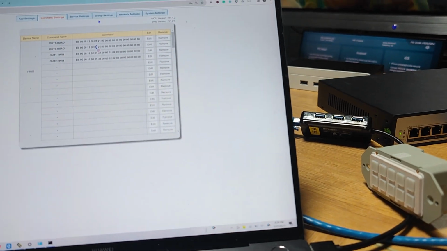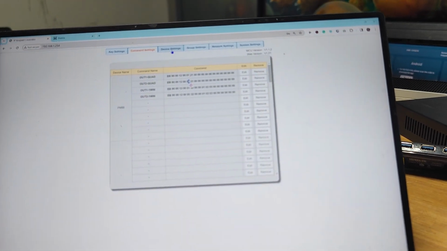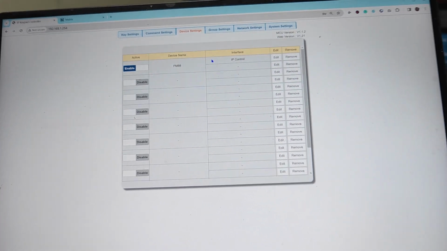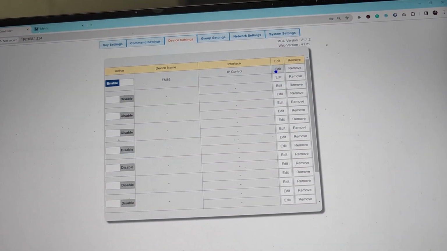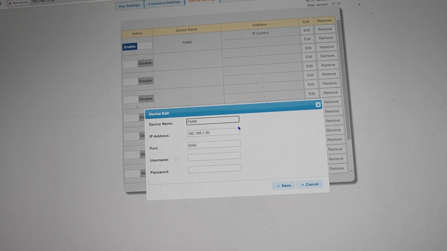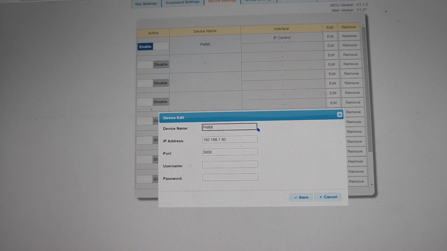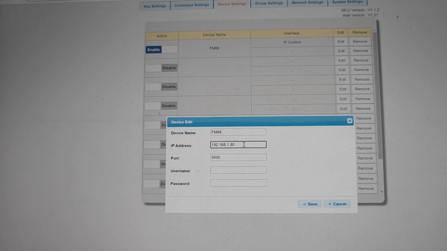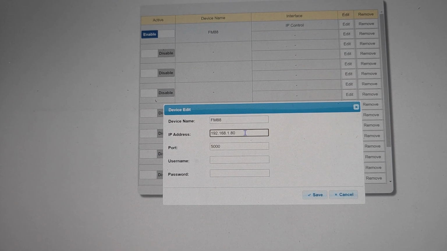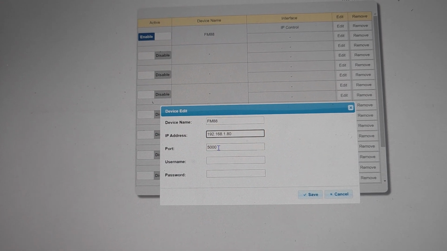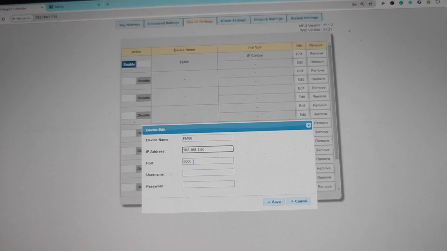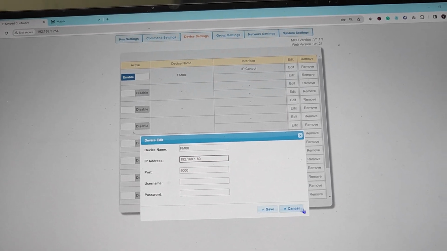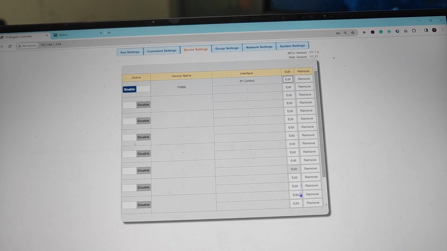This has the command setting, and this one is the device setting. The device setting is basically for us to set up the device which we want to control. For this matrix switcher, the default IP address is 192.168.0.80 and the port number is 5000, because I'm using TCP IP. Okay, so this is the setting which I need to put in on the web GUI